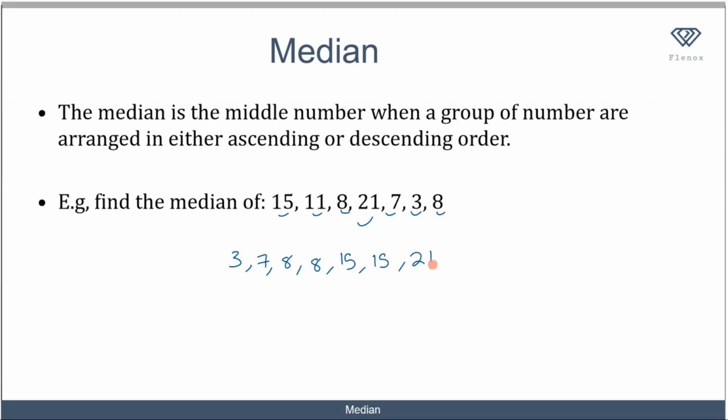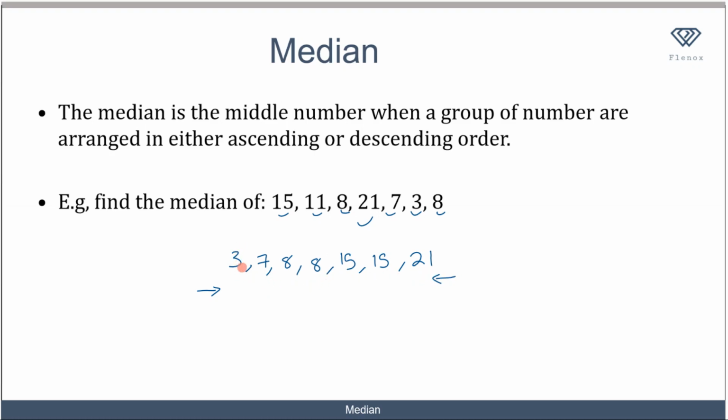To make sure that I have not omitted any number, I count the numbers in the data and what I've written out to see if they are the same. Here I have 1, 2, 3, 4, 5, 6, 7, 7 numbers. And here I have 1, 2, 3, 4, 5, 6, 7, 7 numbers also. So we'll calculate the middle number of this set of numbers. We'll start by moving right and moving left simultaneously till we get to the middle number.